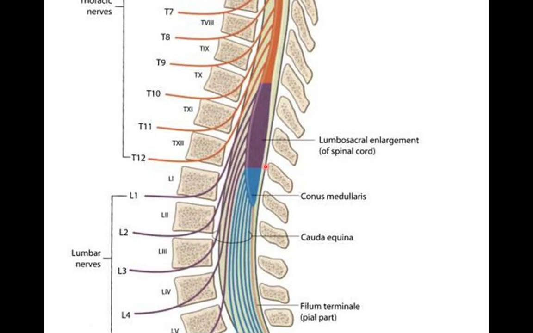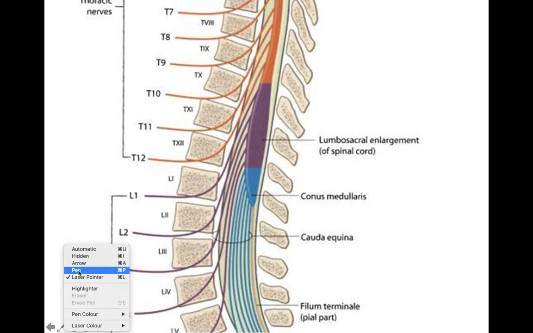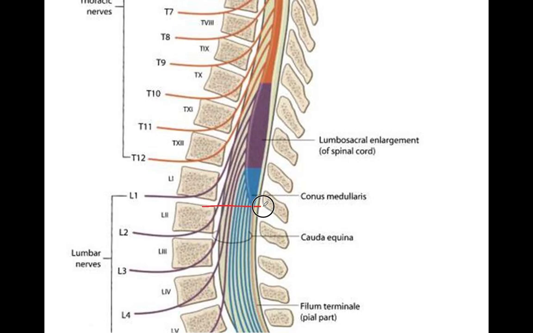So this is a lateral view of the spinal cord. Here I can see the first lumbar vertebra and the second lumbar vertebra. If we draw a line here, you can see this is the upper border of L2 and this is the lower border of L1. So almost both will coincide at the same plane. This is the lower end of the spinal cord.